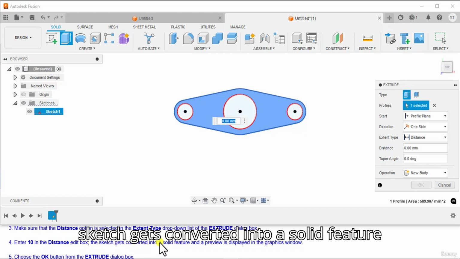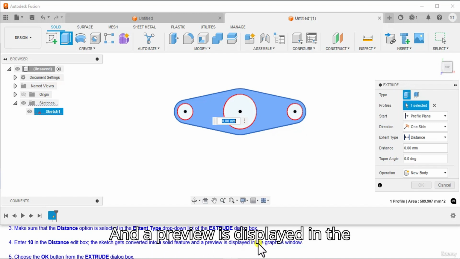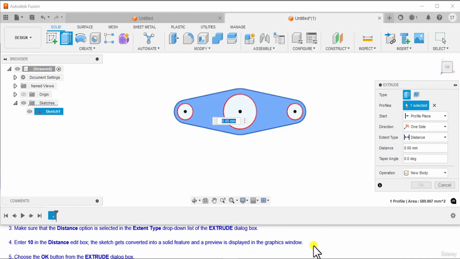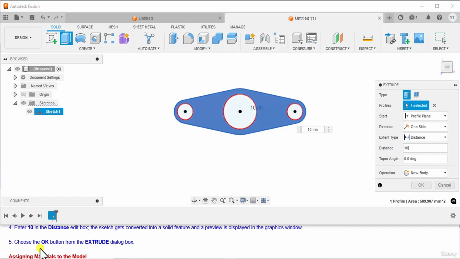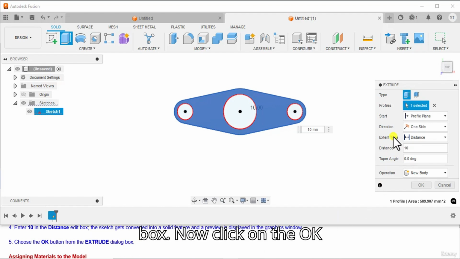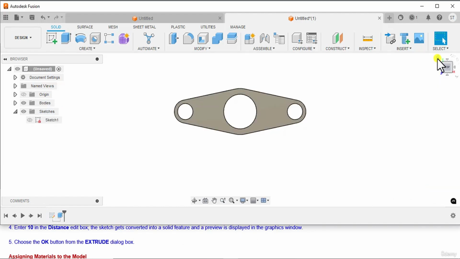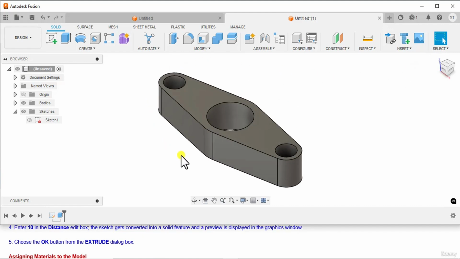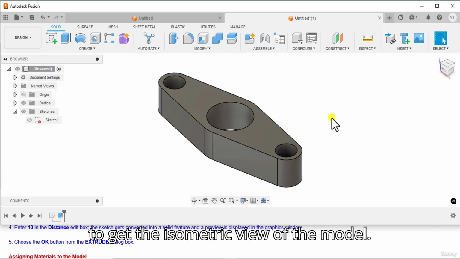The sketch gets converted into a solid feature and a preview is displayed in the graphics window. Choose the OK button from the extrude dialog box. Now click on the OK button. Click on the home button to get the isometric view of the model.